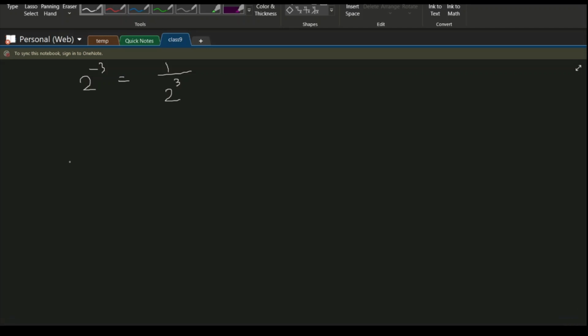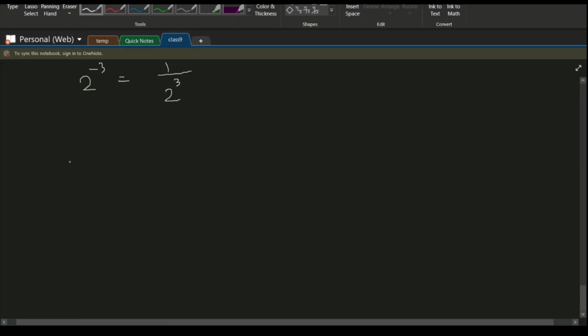So these are all the rules that we have, and let's see a few more. Okay, now let's come to this one, a to the power m and this whole to the power n. So what can this be? Any guesses here? A to the power m times n. Yeah, the power mn, this gets multiplied, and again why this happens, we can look at it with a simple example. Let's say we do 2 cube and whole squared.